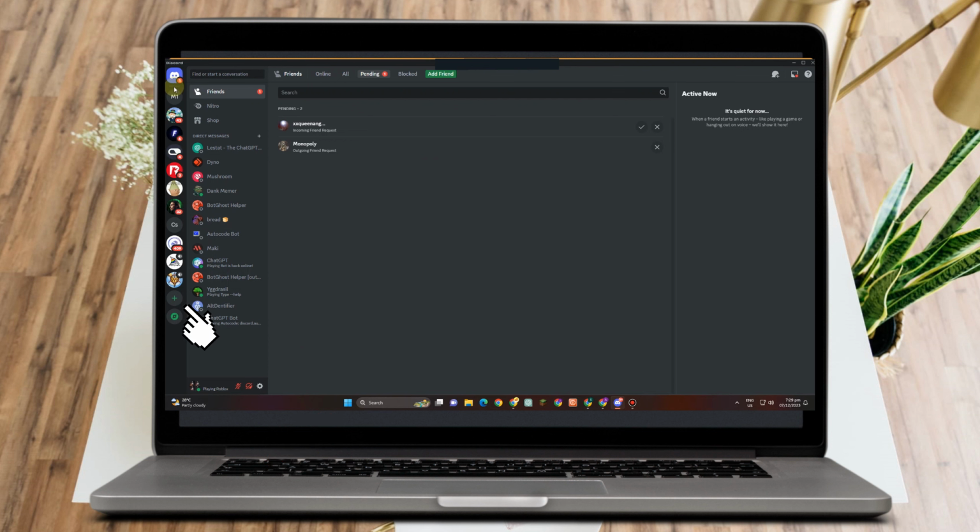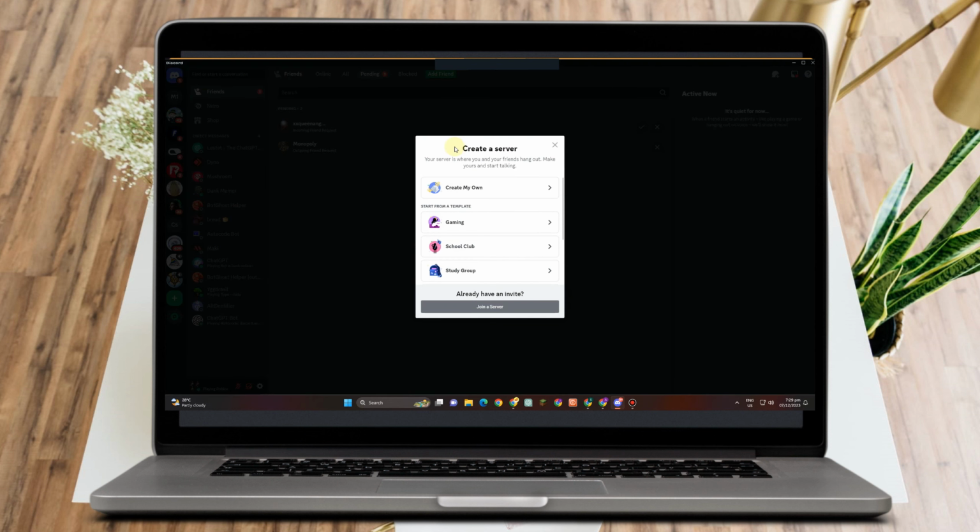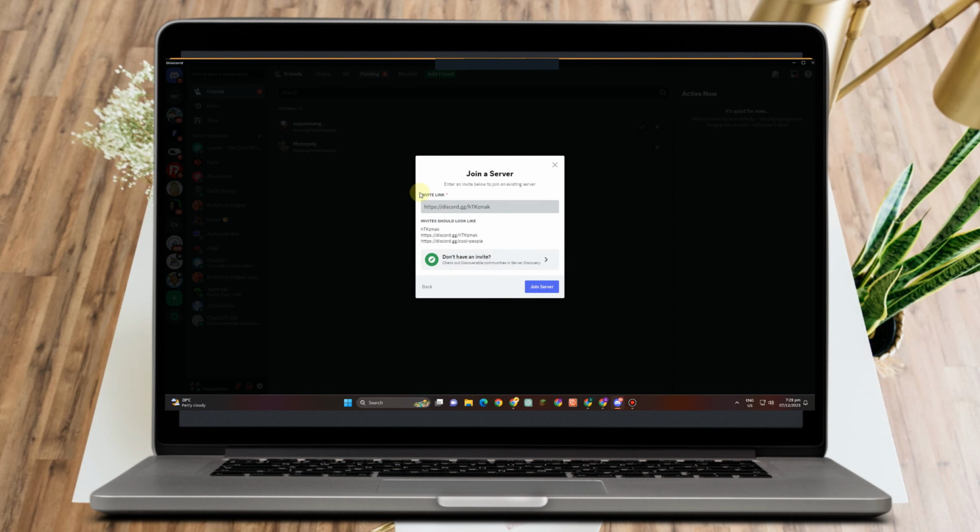Now here you have to go to add a server, tap this plus button here and click this add a server. Now under create a server, you just have to scroll down and click this join a server. And here what you want to do is just simply follow what I'm going to type here. So simply type this. Okay, under invite link, type